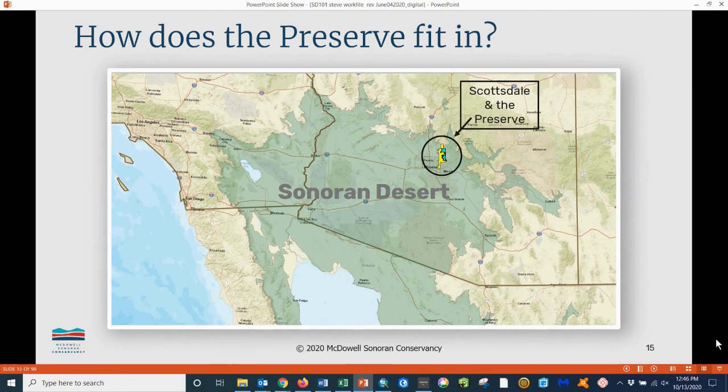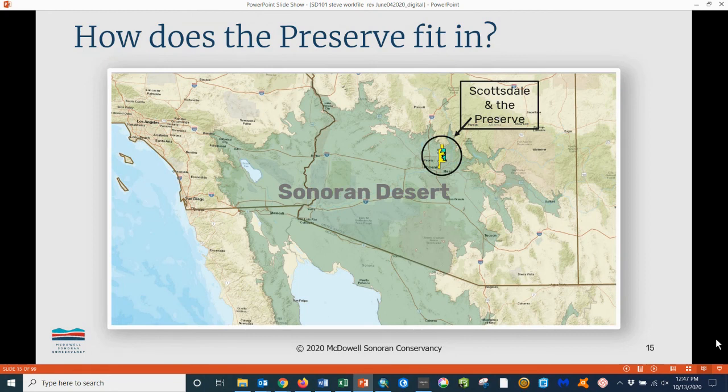It's interesting to see where the preserve is located in the Sonoran Desert. Scottsdale, shown in yellow, and the preserve, bright teal, are in the extreme northeast portion of the Sonoran Desert at relatively high elevations, ranging from about 1,500 feet in the southern preserve to 4,000 feet at the tops of the mountains.